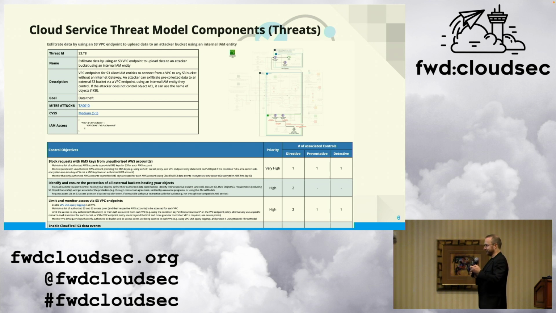And then finally, once you've figured out those vectors, you start thinking about what the controls look like. You've got to have preventative controls, you've got to have detective controls ideally, but something people often forget about is directive controls, because we're not coding directive controls. Directive controls, think of them as mechanisms. So you're going to have a directive control about maintaining an inventory of authorized public S3 buckets